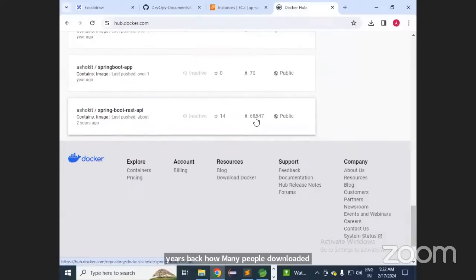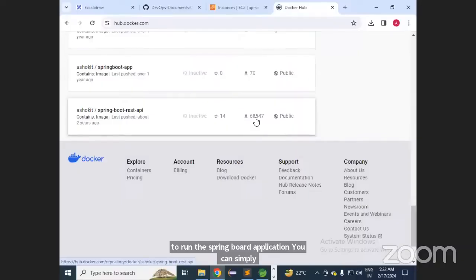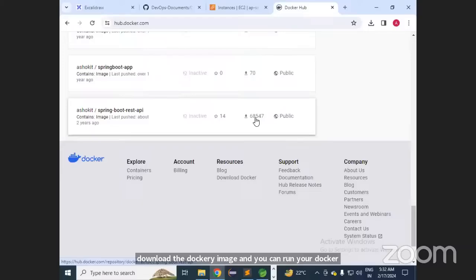68,000 people downloaded our Docker image. That is a Spring Boot application Docker image. If you want to run the Spring Boot application, you can simply download the Docker image and run it. If you don't know, we are at the initial step now, we don't know how to write